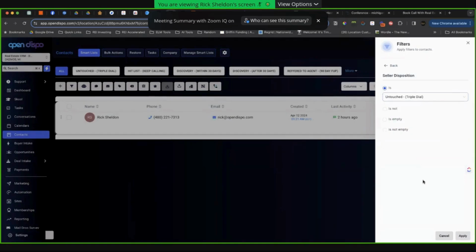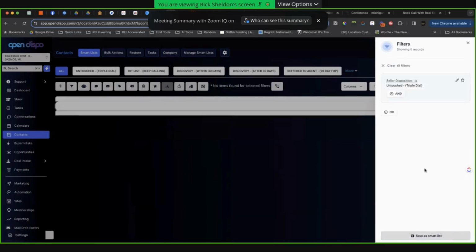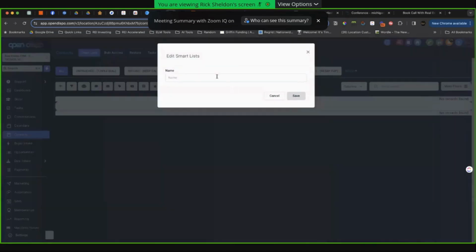In the context of these inbound leads, that's going to show me all of the leads who have come in within the last 2 hours or 6 hours, if you did the change that I just made. So I'm going to apply that as a filter. That filters out the whole data set. And then I can save it as a smart list here. And you would want to save it as untouched,